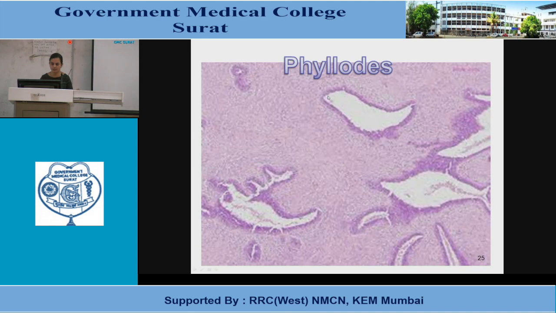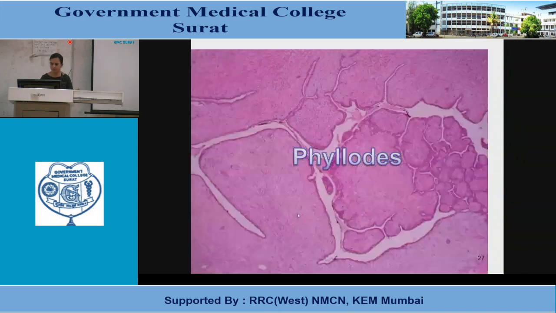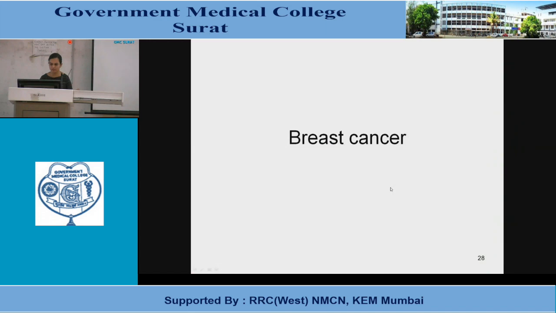This is the glandular area, this is the luminal area of the gland, and this whole area is the stroma. So basically the glandular component is less and the stroma is more. Again, can you see this is the characteristic leaf-like pattern that we say in Phyllodes tumor. So basically there is bulging in of the stroma within these glandular elements, and that's why it gives rise to a typical leaf-like architecture. Now here can you see these areas? These are basically the leaf-like areas seen in Phyllodes tumor, which is basically due to the protrusion of stroma within these glandular elements.